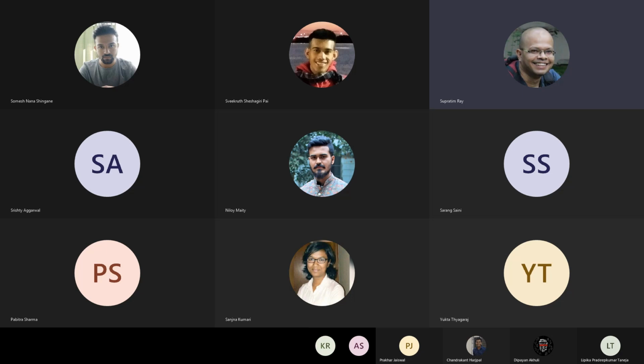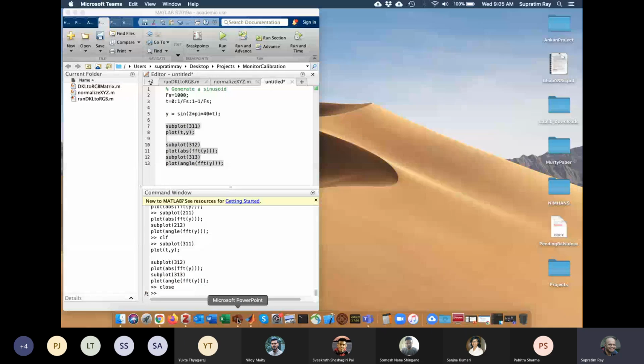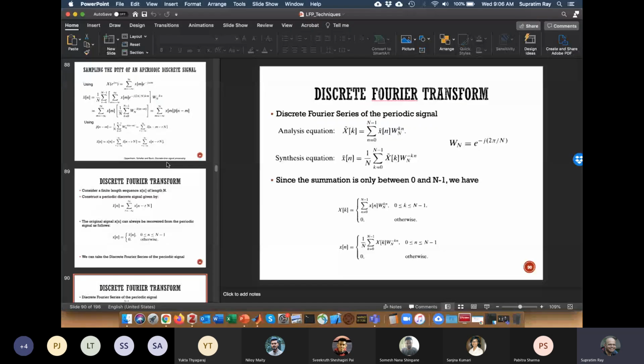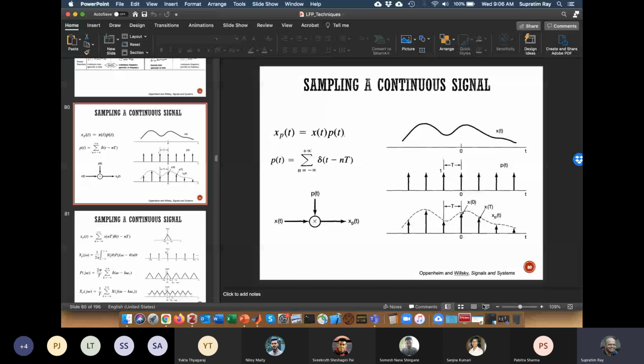Okay, so today is the day when we finally finish the math and get back to the signal. Let me do a very quick recap of what we have been doing. So we looked at the sampling theorem,